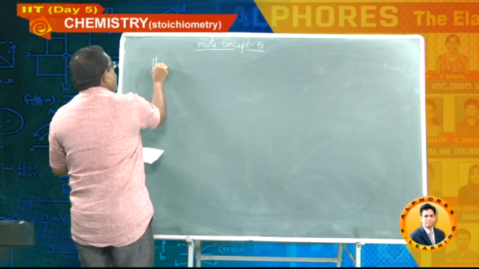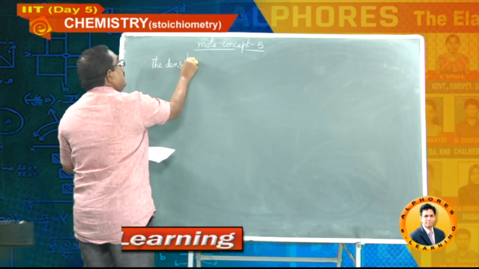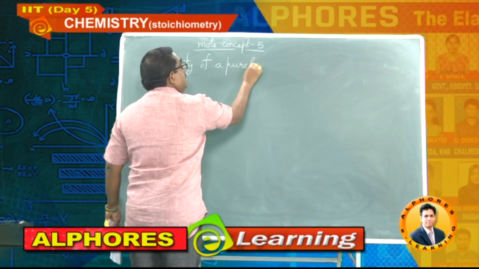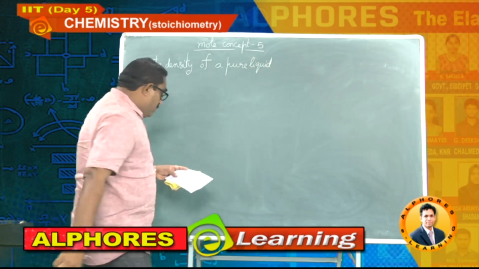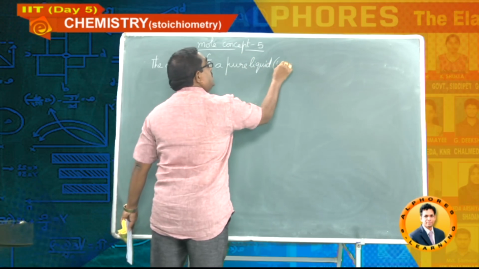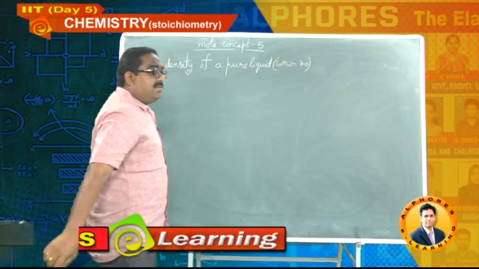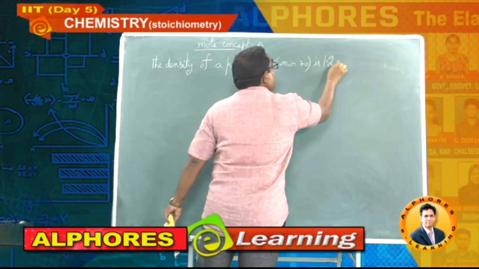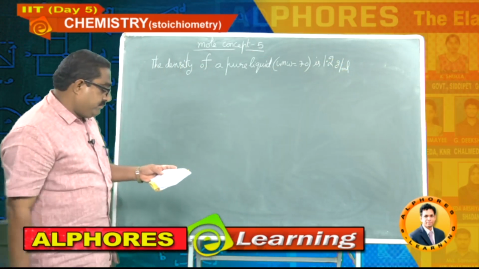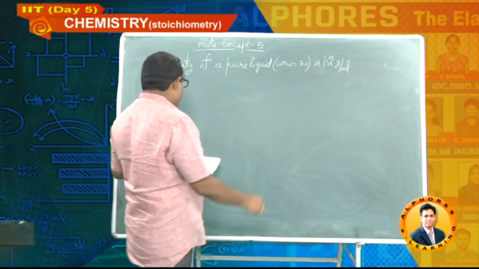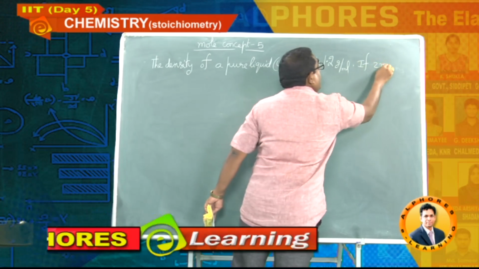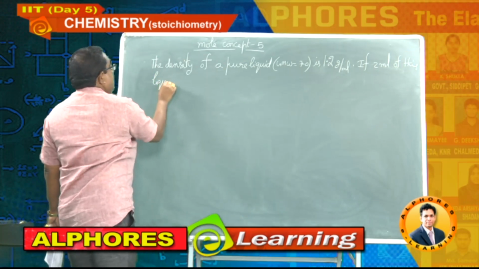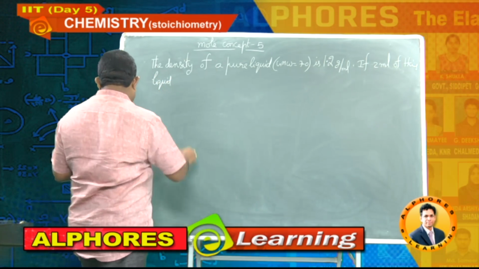Write down: the density of a pure liquid, he has given molar mass GMW is equal to 70, write down students, is 1.2 gram per ml. If 2 ml of this liquid contain